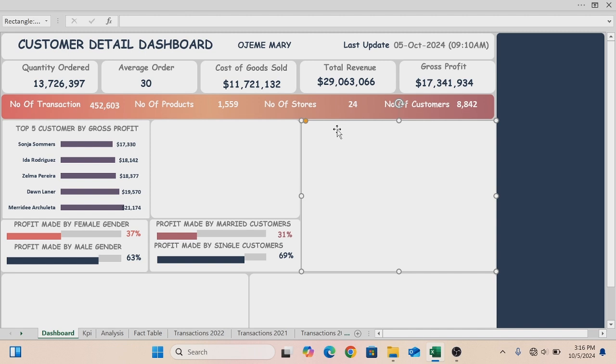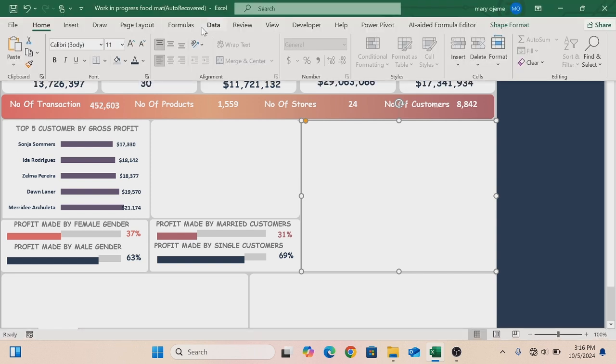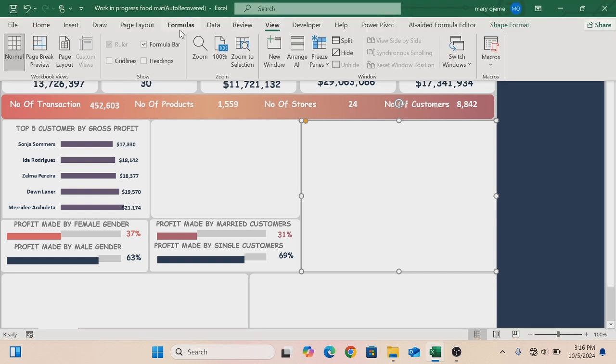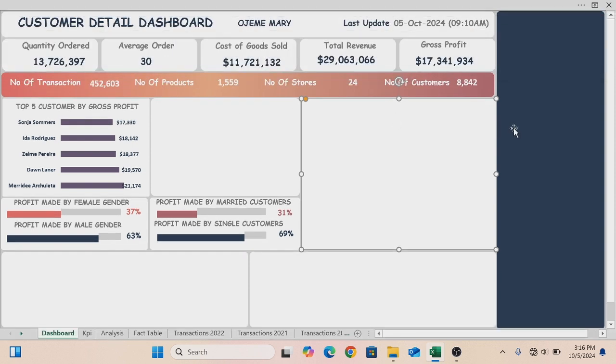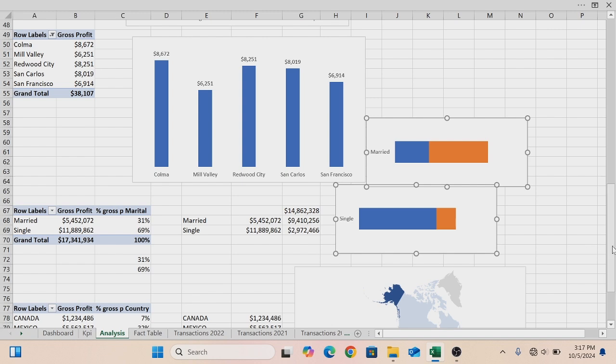Our chart is coming into being, so let's put off our formula bar. As I told us, once you're done with the formula bar, put it off. It makes you see the full screen you're working on. Okay, next we want to bring in our profits by customer age group, the three age groups. We want to bring in the profit that they incur. So go to our analysis